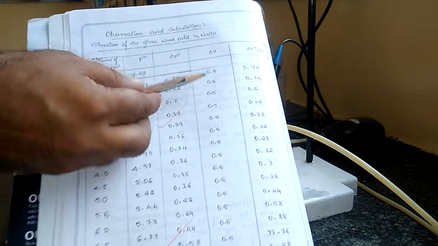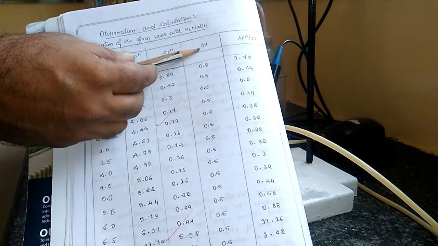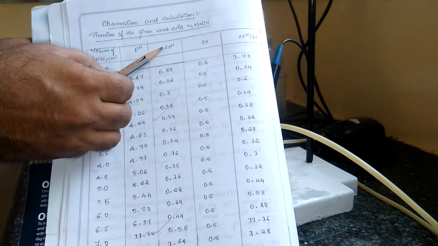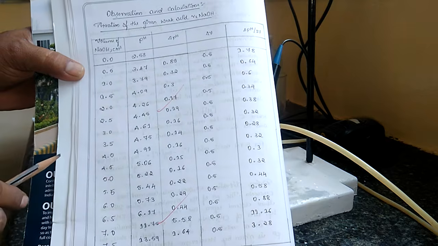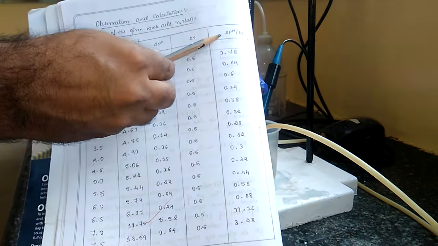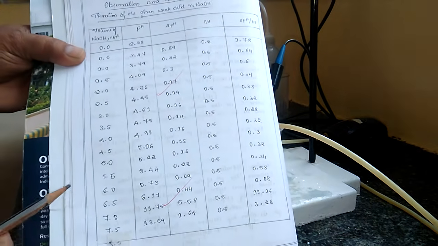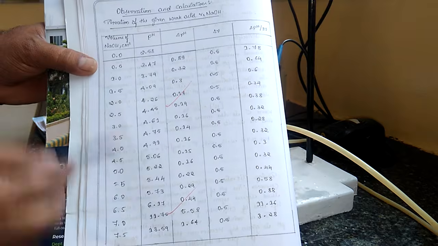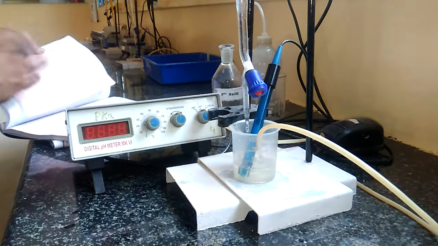Similarly, delta V is the difference in the volume. If you take any two readings, the volume difference is 0.5 only. The fourth column is a constant value, 0.5 from here to there. At the end, we have to divide the third column delta pH by the fourth column delta V. It gives some readings. Now we have to plot two graphs, one to calculate the equivalence point and another to calculate the half equivalence point. The equivalence point can be calculated by plotting the graph of delta pH by delta V on the y-axis against volume of NaOH on the x-axis. Similarly, to calculate the half equivalence point, we plot the pH on the y-axis and volume of NaOH on the x-axis.